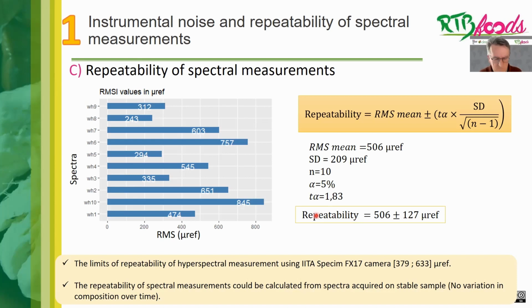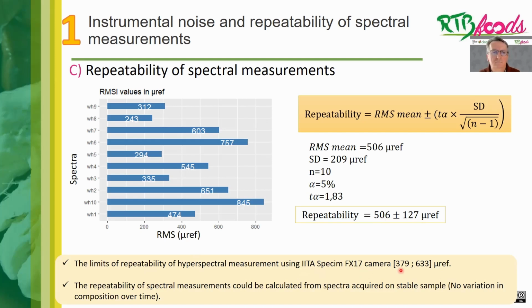So we found our repeatability of this spectral measurement using the FX17 camera, which is 506 plus minus 127 microreflectance. So from this work, we can see that the limit of repeatability of hyperspectral measurement using the Headwall FX17 camera